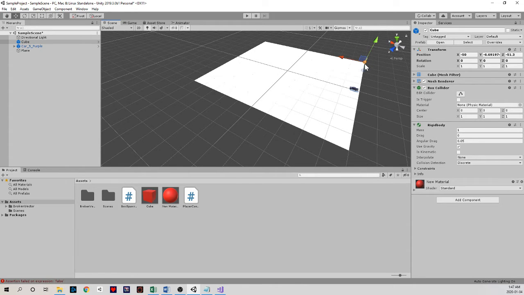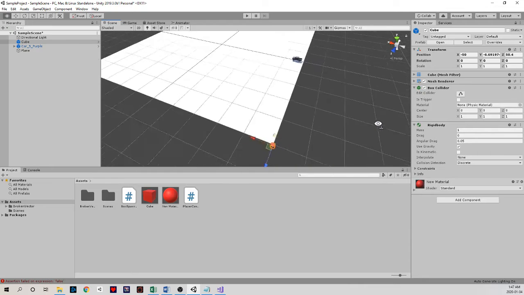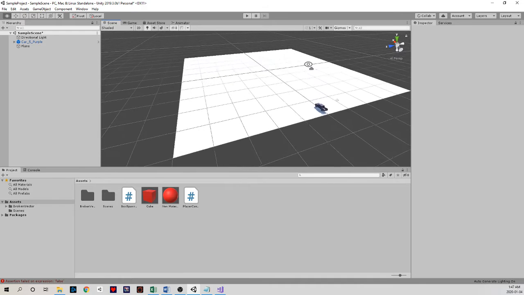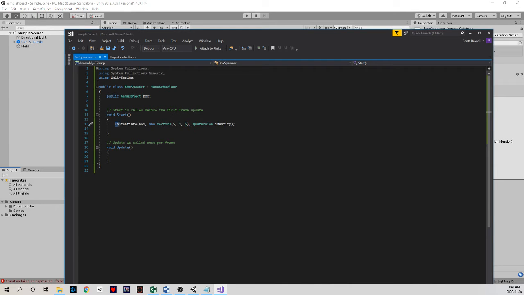So we have plus or minus 50 each, and then over here, plus and plus minus. This tells me that my actual width of the board currently is 100 by 100. So I'm going to use that information after I delete this cube, because I don't want it just to be in the world. I want to be able to spawn it through scripting. I can spawn cubes within this play space through the box spawner